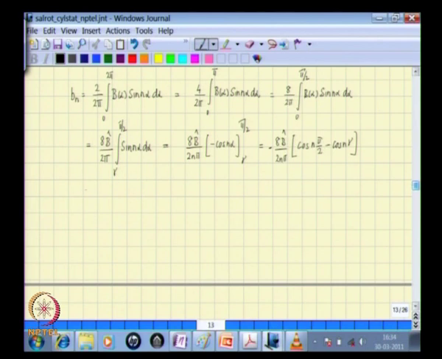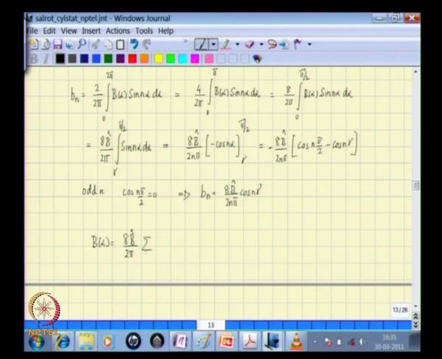Note that this is valid for odd n, which means whenever n is odd, cos n pi by 2 is 0, which therefore means that Bn is equal to 8 b hat by 2 n pi into cos of n gamma. So, that is the expression for Bn, and therefore B of alpha can then be written as 8 b hat by 2 pi